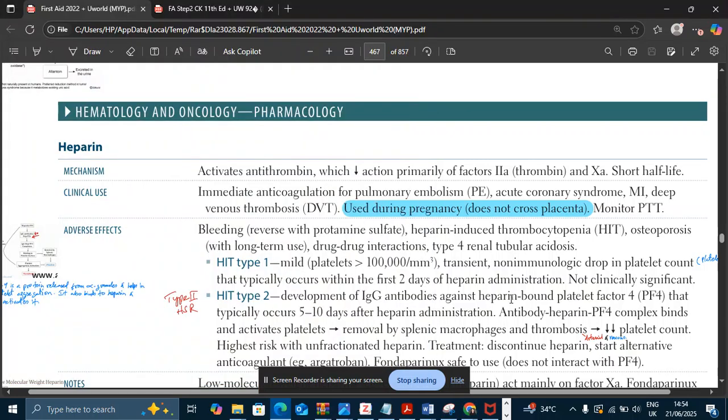My name is Dr. Hamid and our today's topic of discussion is anticoagulants. Very important topic for the preparation of step 1 and step 2. In this lecture we will cover heparin, warfarin and their mechanisms of action, clinical uses, adverse effects. Okay, and the main focus would be on heparin induced thrombocytopenia, which is a very important topic for step 1 and